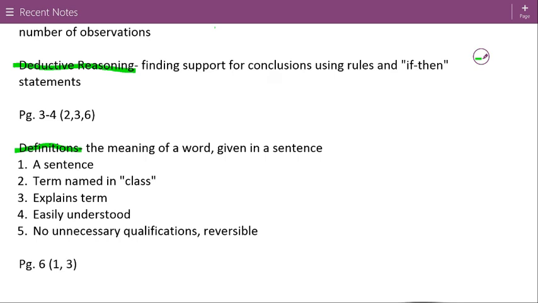Number 4 is an important one. A definition needs to be easily understood. It has to be using words that you already know, words that have already been explained, and words that don't just lead back to themselves. There's a good illustration of that at the bottom of page 6, where it talks about those circular definitions. You can't say, the example they use, that placid means calm and calm means placid, because that never really gets you anywhere. So you have to make sure you're using words that you understand and that your audience understands, and that